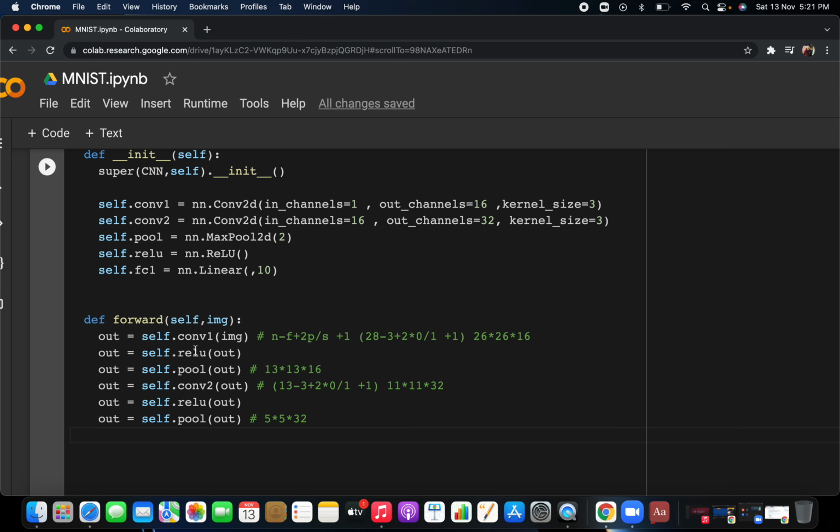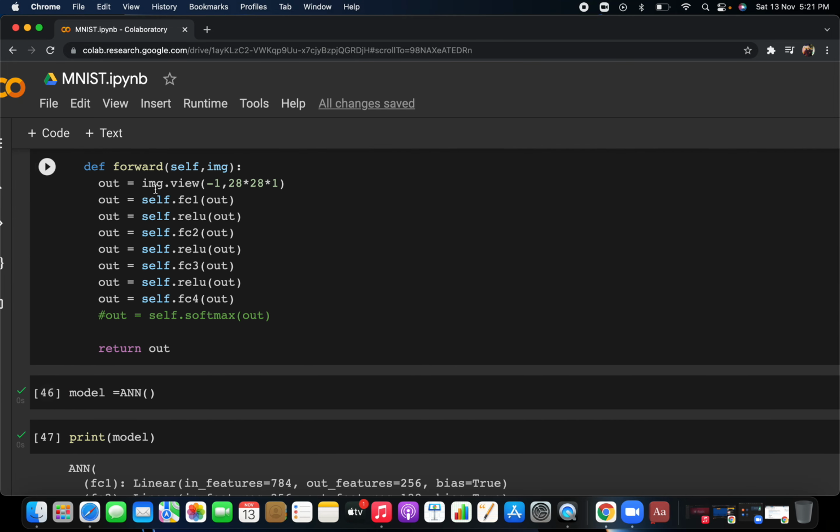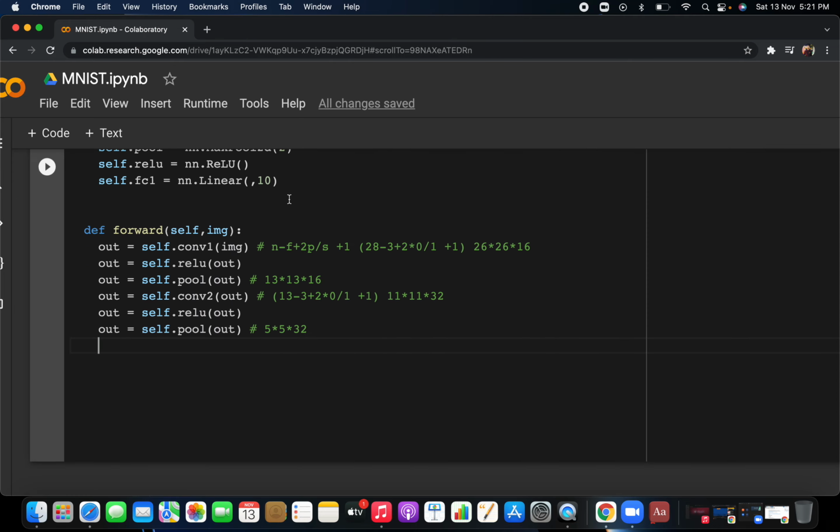Till now you have performed the convolution layer, ReLU layer, and max pooling layer, but the last thing you have to do again is the ANN, that is, the fully connected layer you have to pass. So again you have to resize what you have done here. Now you have to resize this particular thing into this. So how are you going to resize?